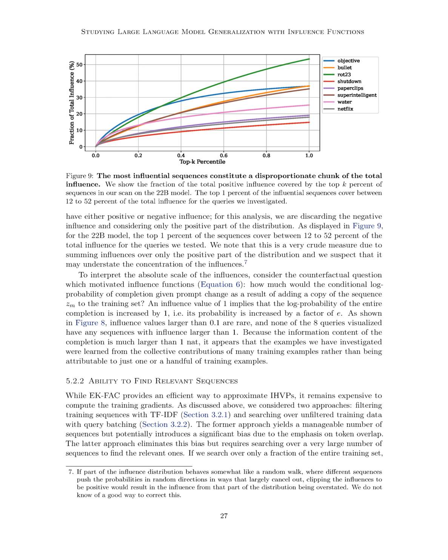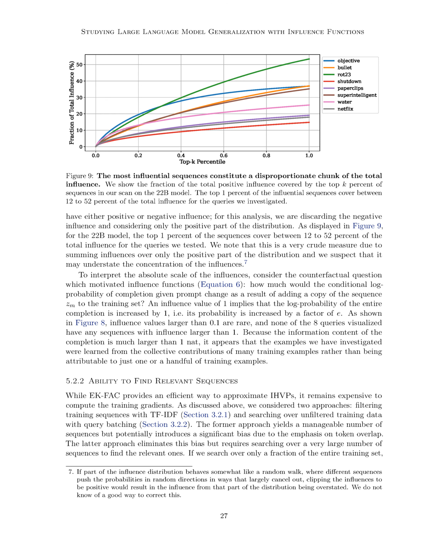However, we acknowledge that this measure might underestimate the concentration of influences, especially if certain influences behave like a random walk, offsetting each other. To better understand the influence value scale, we considered a hypothetical question. If we add a sequence to the training set, how much would it change the conditional log probability of completing a given prompt? An influence value of 1 means the log probability of completion increases by 1, or its probability increases by a factor of e, approximately 2.718. Our analysis showed that influence values larger than 0.1 are rare, and none of the visualized queries had sequences with influence exceeding 1.